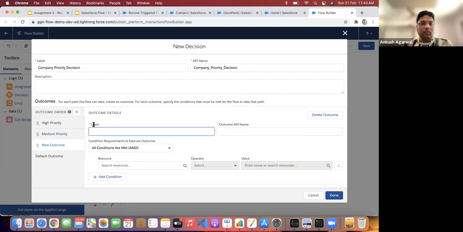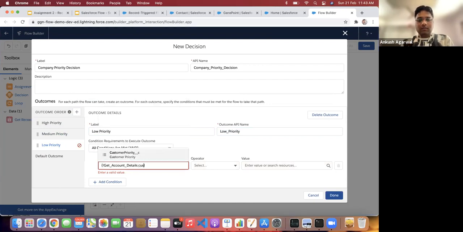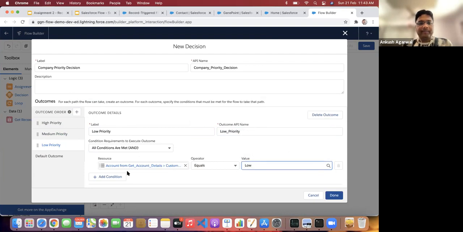And we can add one more, which is low priority, and the same thing we have to do, account then customer priority, and it should be low.